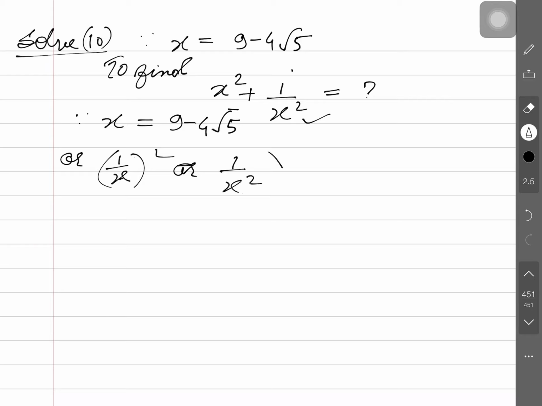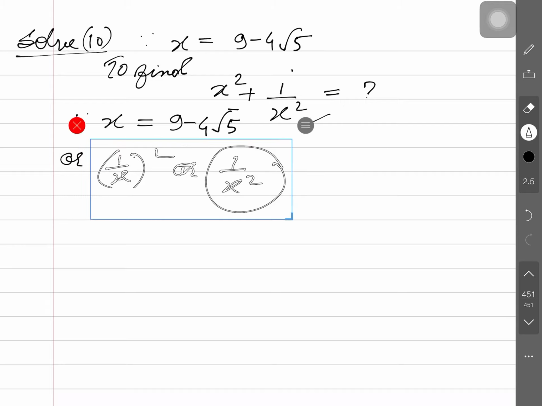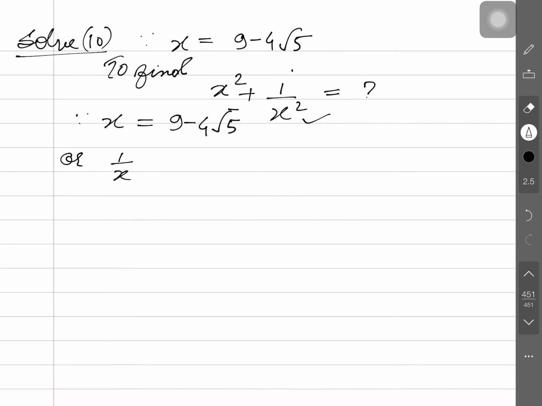Okay. So, see guys, if we write here 1 by x is equal to, therefore 1 by x is equal to 1 by 9 minus 4 root 5. So, what did you get here? Please tell me. Yeah, irrationality in the denominator. So, when the situation arises of irrationality in the denominator, then what do you have to do? Yeah, good. You are saying we have to do rationalization. Okay. So, next rationalization, no need to write down rationalizing the denominator. Obviously, we are doing this, you can see.